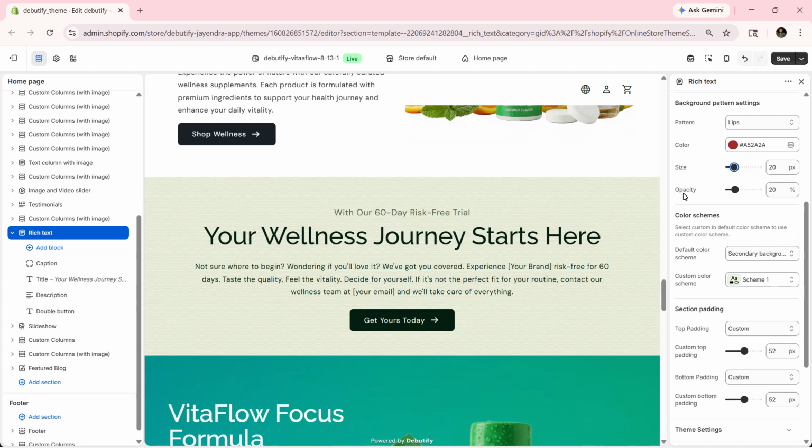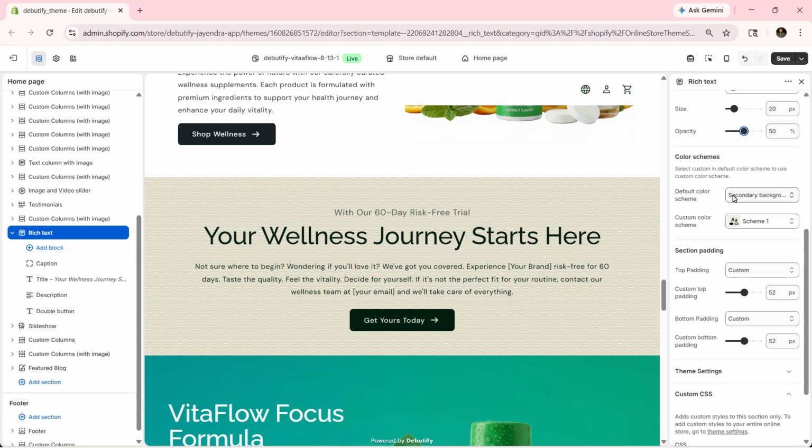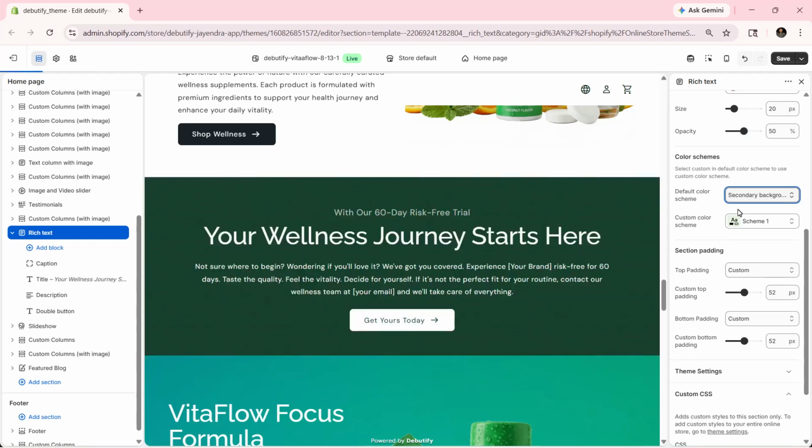eye-catching visuals. You can also fine-tune the opacity, with values ranging from 1% to 100%, to control the transparency of the pattern. Lower opacity creates a soft, subtle background effect, while higher opacity makes the pattern more prominent and visually striking. Match the Rich Text section to your store's branding with color schemes, including light background, primary background, secondary background,